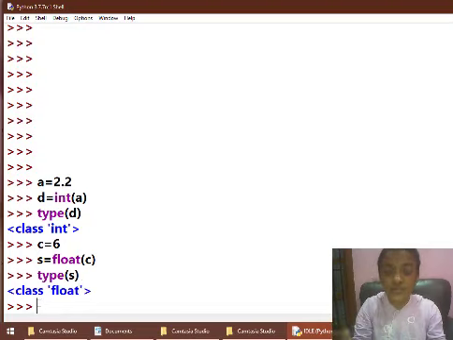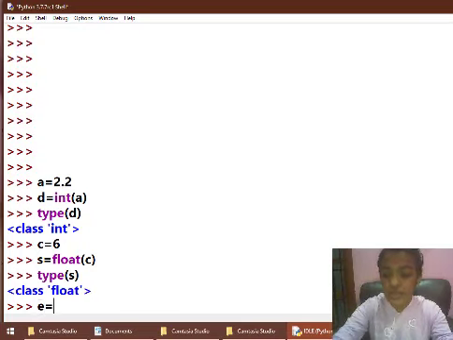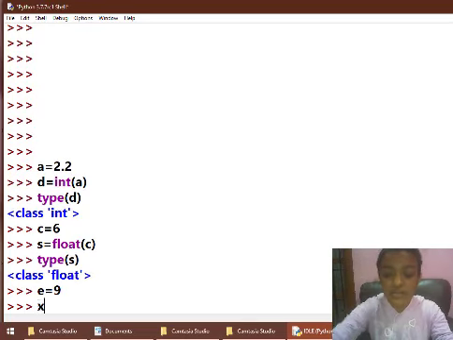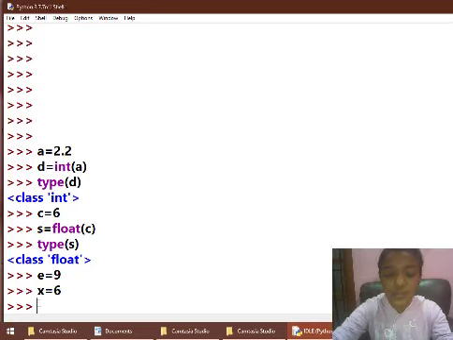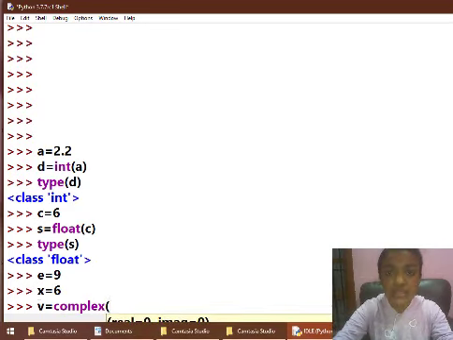So now we can also convert normal numbers into complex numbers. For example, I am using a variable e equal to 9, and another variable x equal to 6, and another variable v equal to. Since I need to change these normal numbers into complex numbers, I am typing here complex, and then I am opening the parentheses, using the two parameters e and x separated by a comma, and then closing my parentheses.